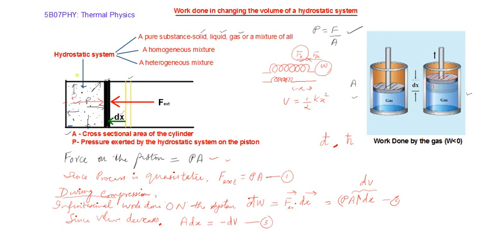Therefore, the infinitesimal work done. What will be the infinitesimal work done? Once again, I'm coming to equation number 2. That is d bar W, I told you I'll be putting a bar here. That is equal to, yes, P is there, then A dx is there. A dx is minus dV. So it will become minus P dV. So d bar W is equal to minus P dV,